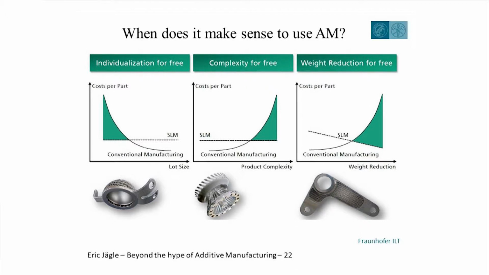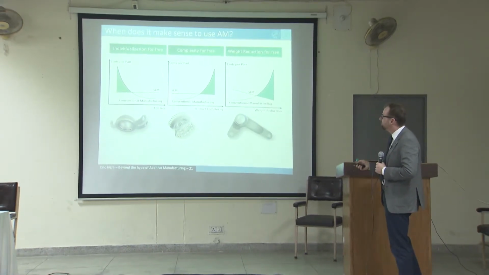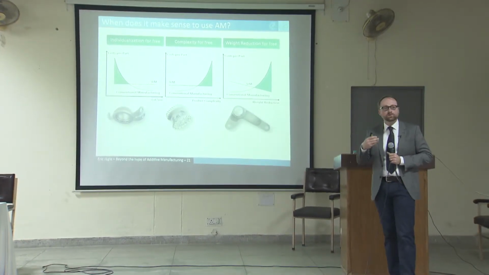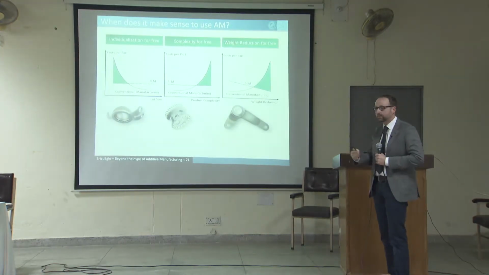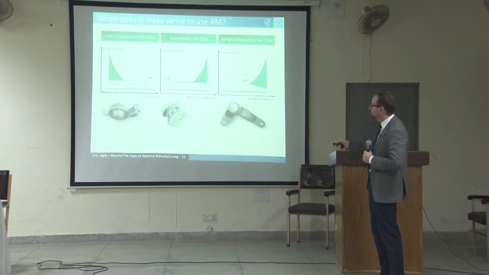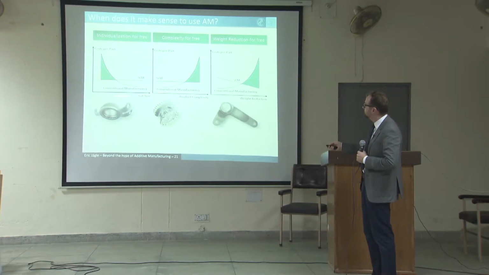Okay, what else? How can we know when additive manufacturing would be useful? Whenever these three requirements are given in a certain industry. First of all, what people sometimes call individualization for free. If you produce few parts of the same shape, then it is much better to use such a process that is toolless and near-net shape rather than other processes. Yeah? So here you have a big cost advantage. By the way, here on the axis is always cost per part, and in this case it's lot size.